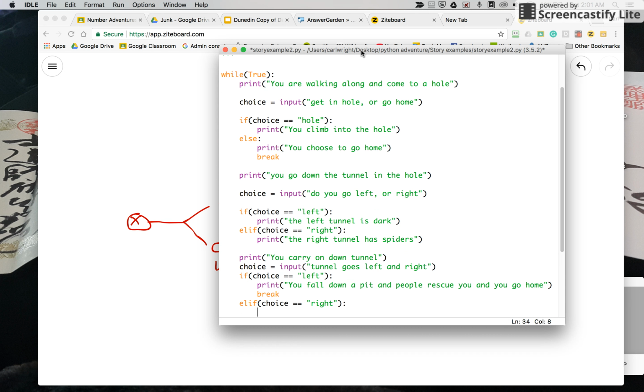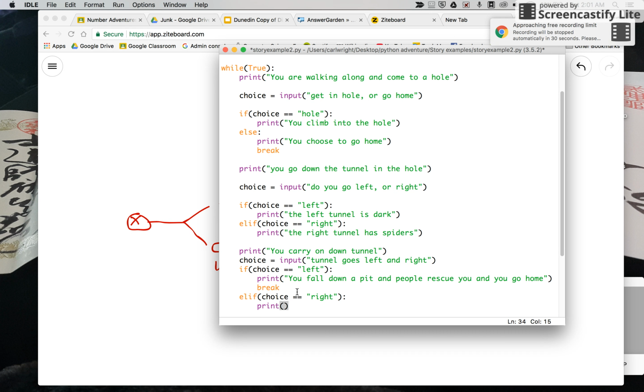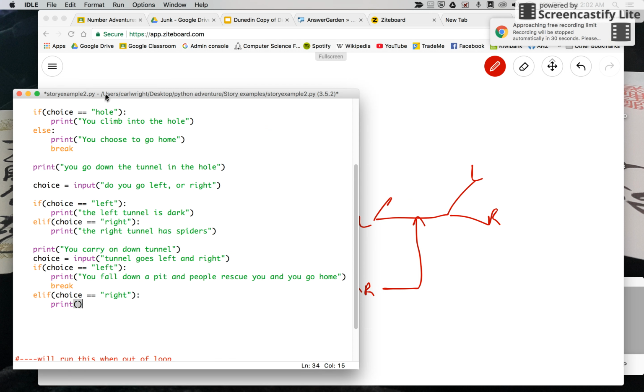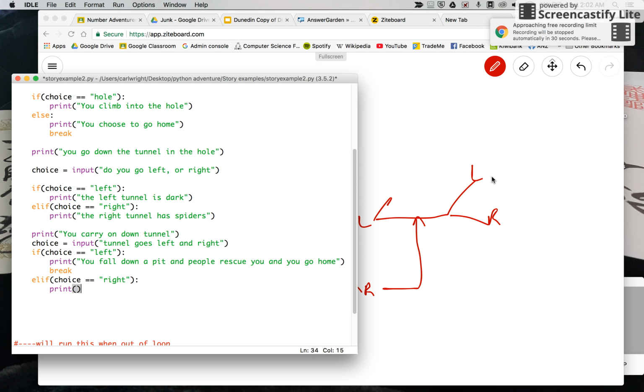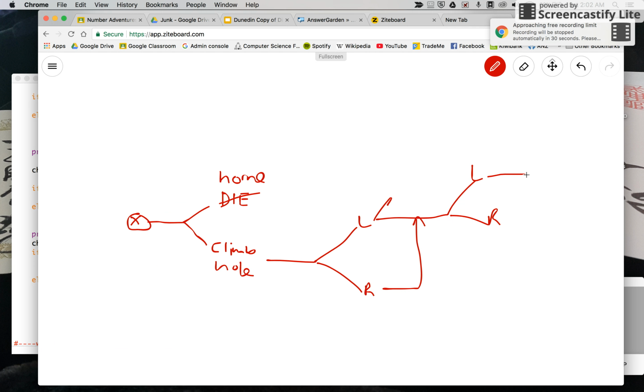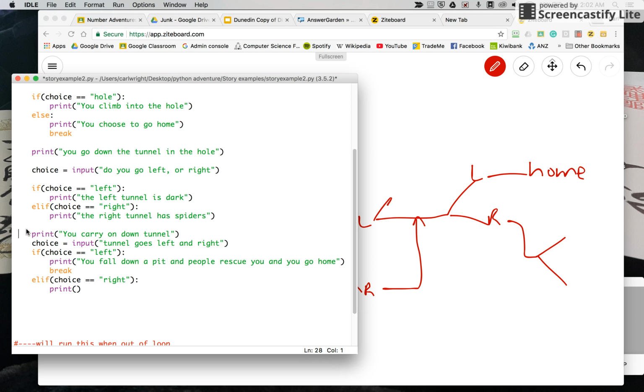And we have another choice. Okay, so what I can do is I can just, this time here, I can go, if they go left, it's home. Otherwise, this one carries on, and it has its own other choices. So I can carry on one path and in another path, or I can have this one go into multiple paths. And if I do that, I have